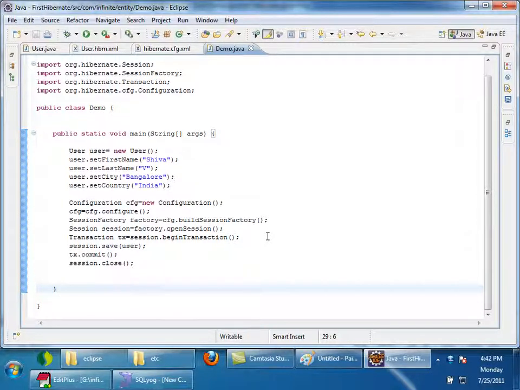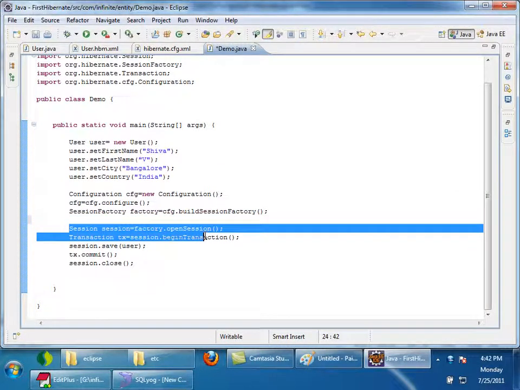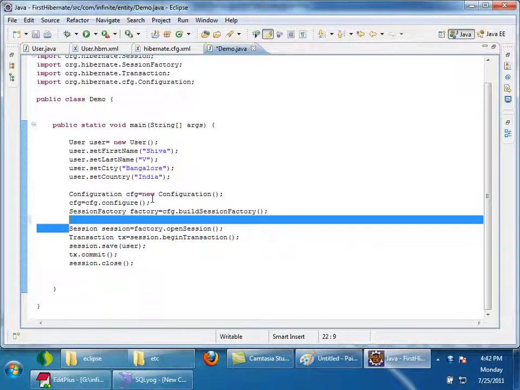Now once we have done a very basic program, let us understand what is actually happening internally inside Hibernate. Just for some time, look here. Answer my question: once I say open session, a Hibernate session is started. Do you expect that a database connection is open at this line? Is Hibernate internally connecting to the database at this line? No. A connection to the database is not established once I say open session.